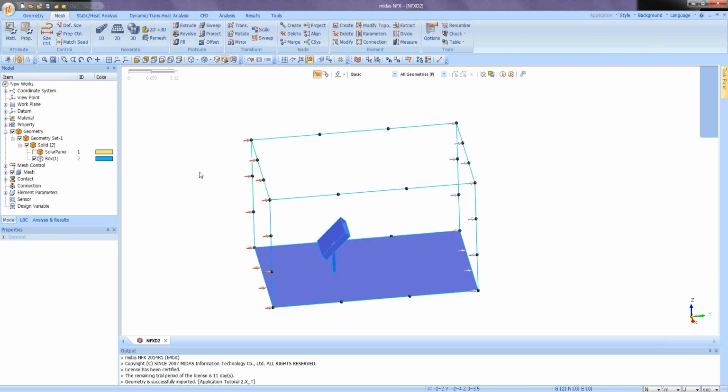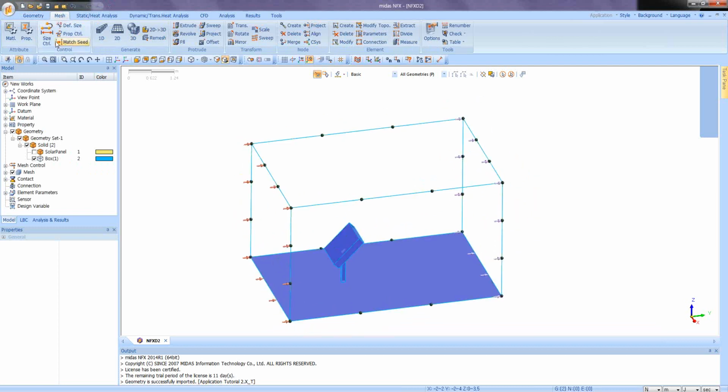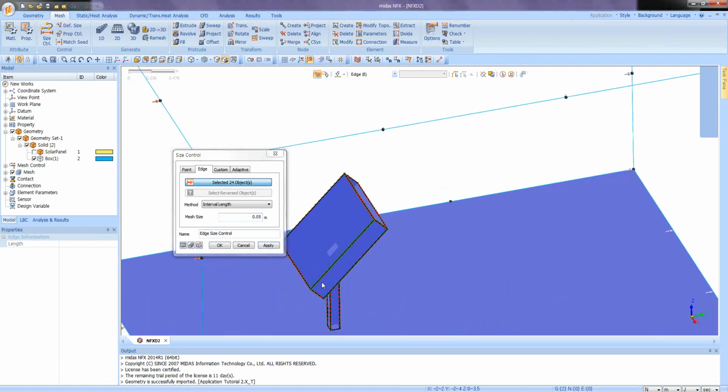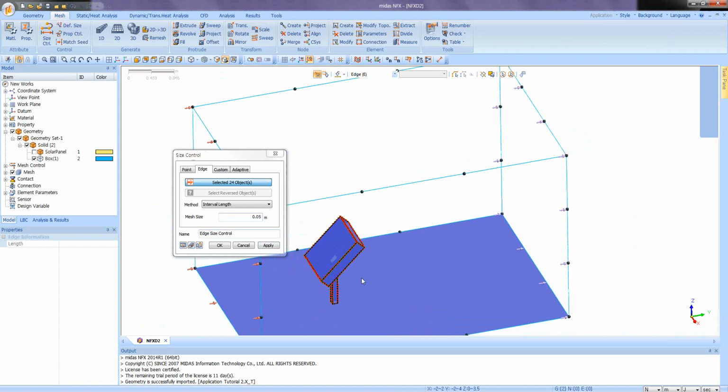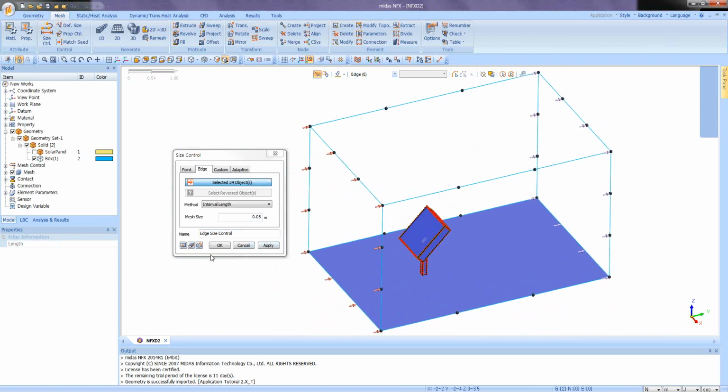Now I'll go for the mesh generation because CFD is always using a mesh. The first thing is that I want to know a bit more accurately the flow which is going around this part. For that, I'll use the size control to make a smaller mesh around these parts. So I'll select the edges here, and I will enter a value of 0.05 meter, and click on the preview button to be sure that it's small enough and not too small. If it's too small, of course, you'll have better results, but it will take more time because you'll have more mesh. So I click on OK,